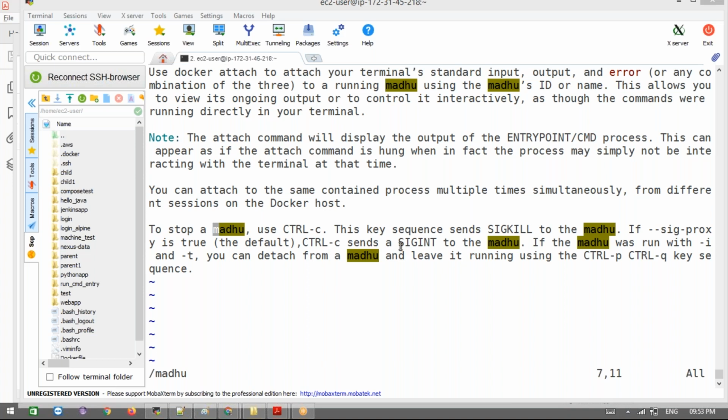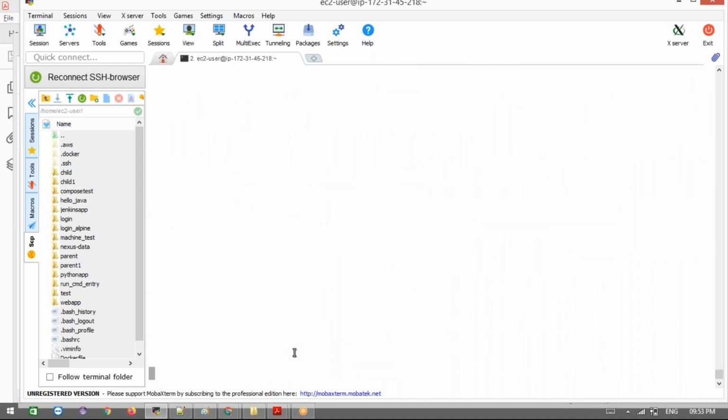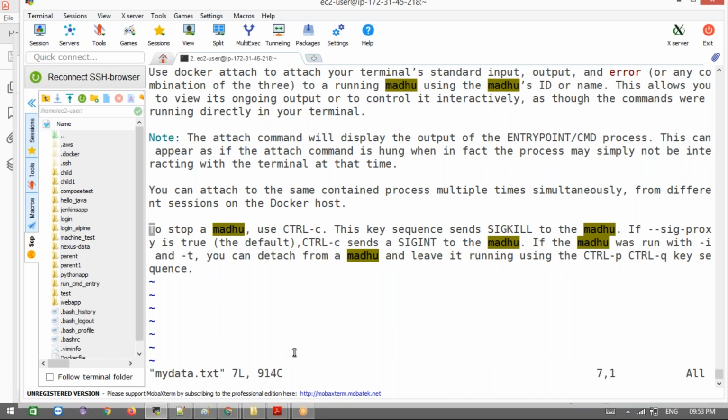See here, not only this, we basically have the option in the vi editor also. How can we do it in the vi editor? If you know the shortcuts, we can do this. I do this in real time most of the time. If I open this file and want to replace something, how do we do it?